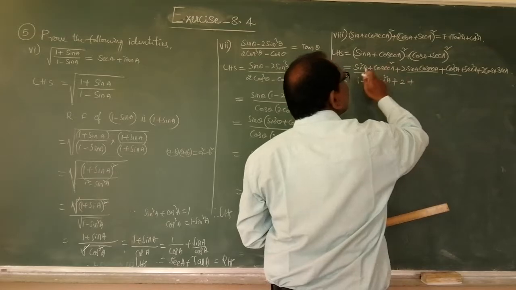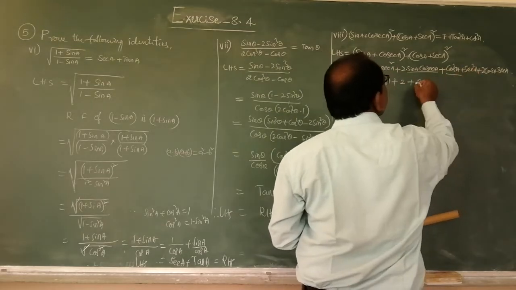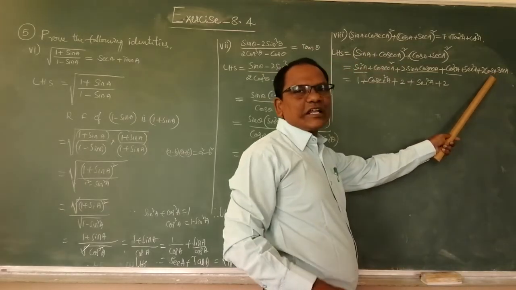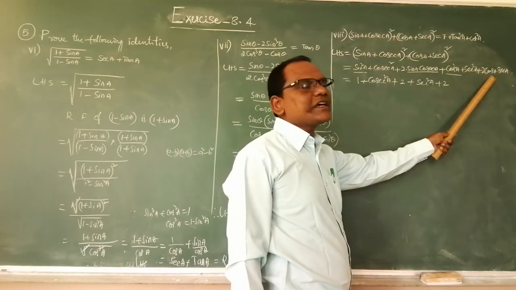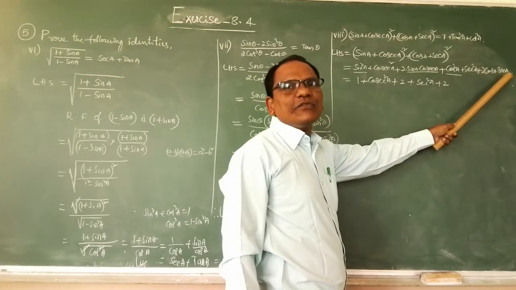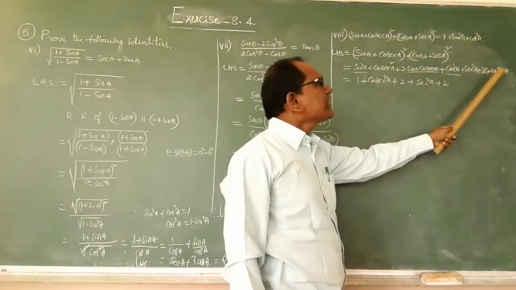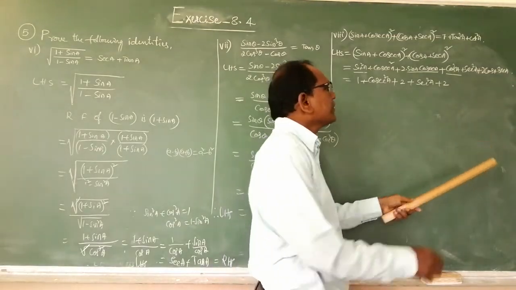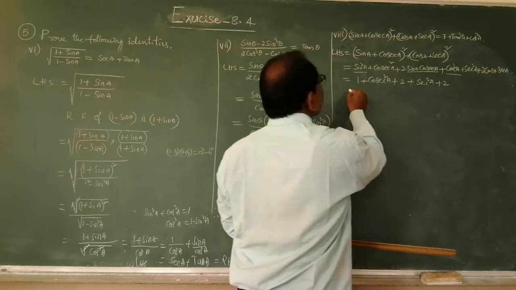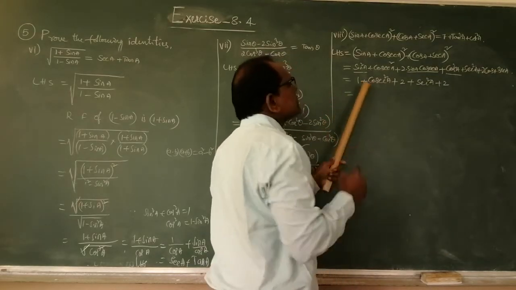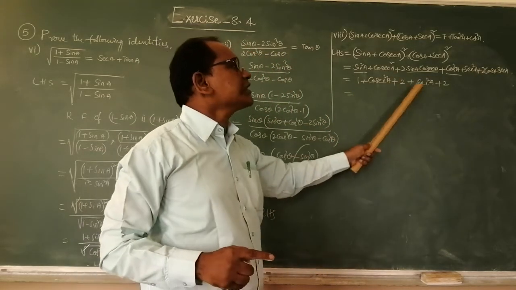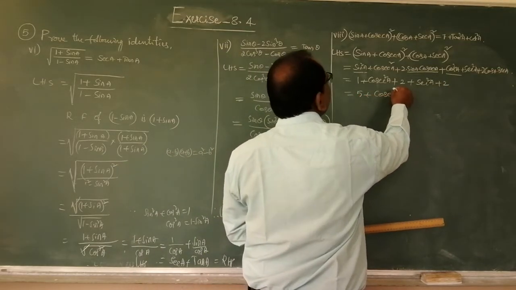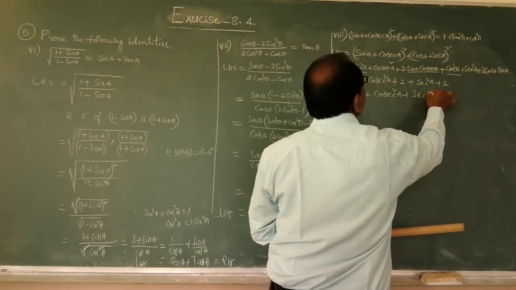Here cos square is already gone. Then here the secant square A remains, secant square A plus 2 into cos A, since cos reciprocal is the secant. Therefore cos A into secant A is 1. Here sin A into cosecant A is 1, cos A into secant A is 1, and one more is there, tan A into cot A is also 1. Therefore 2 into 1, 2 here. So children, once you count the numericals, 1 plus 2, 3 plus 2, 5. 5 plus cosecant square A plus secant square A.